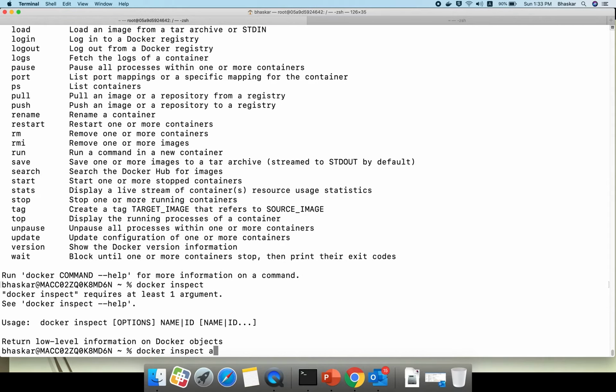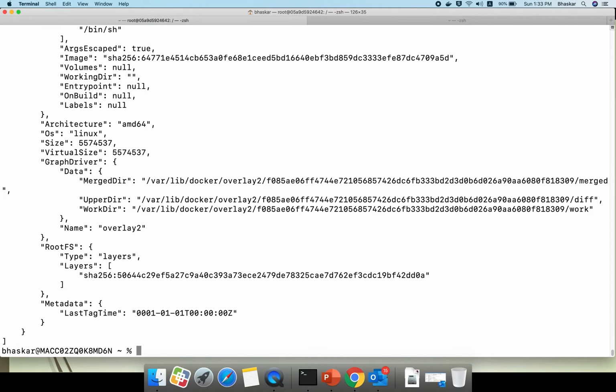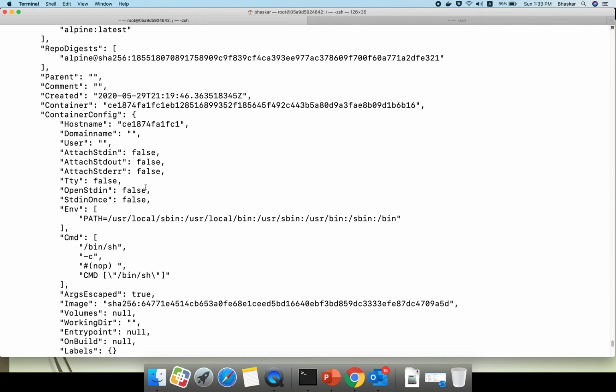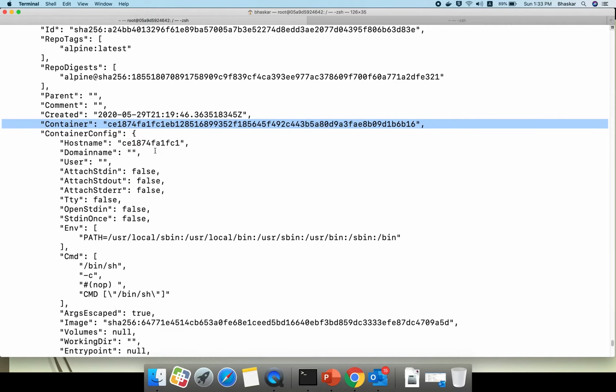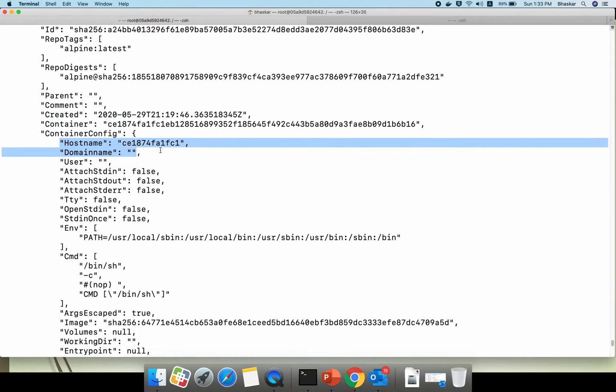Okay, you need to provide an image name. Which container you want to inspect, if you give the image name, either Ubuntu, Alpine or Debian, just the image name as an argument, it will give information such as the tags and when it was created, and some ID that will be created. Host information, you can change this host information also. While explaining Docker containers I will explain.